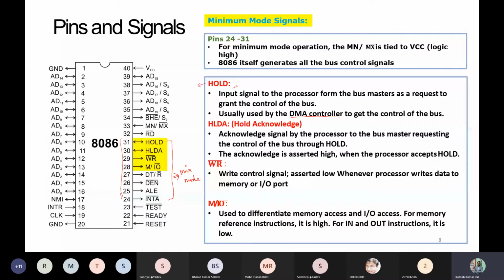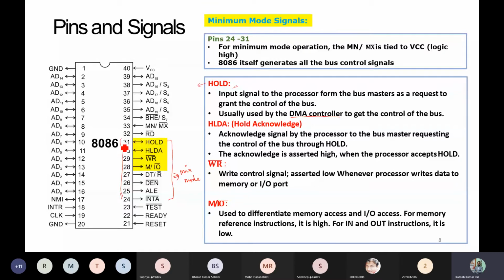Okay, so if it is slow, to avoid using the resources of the 8086 microprocessor, generally another external device called the DMA controller is used. It provides data transfer between the memory of the 8086 and the external device without the role of the processor. So that is obtained by the DMA controller. Once that data transfer is to be done, then the DMA controller wants the control of the bus of the 8086.